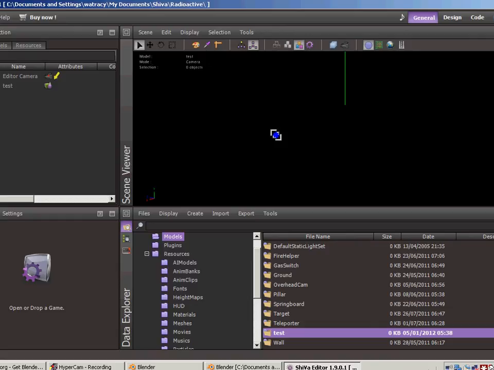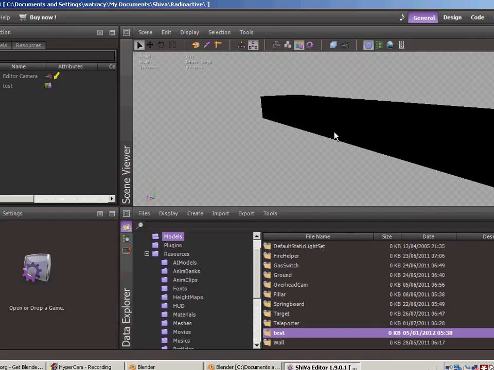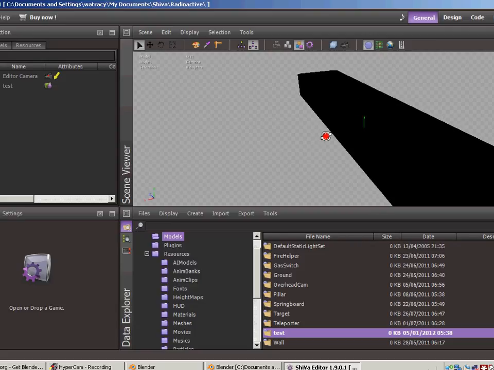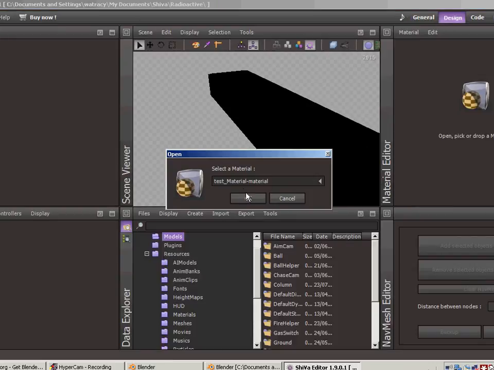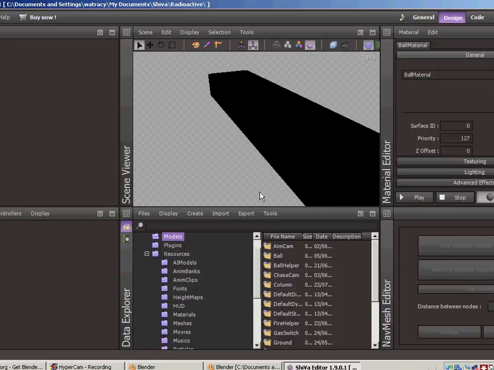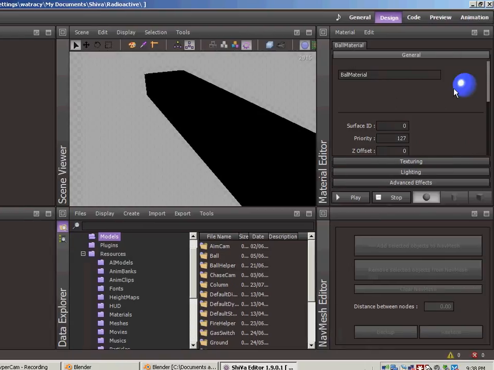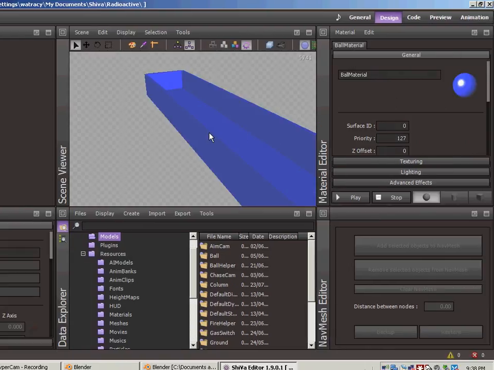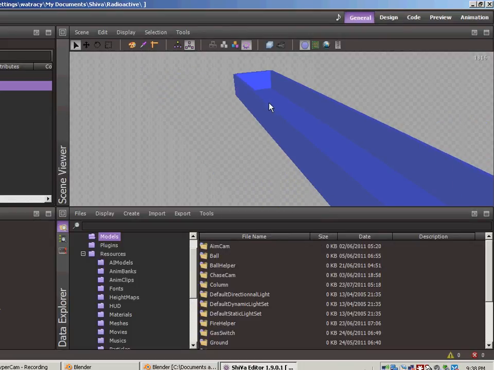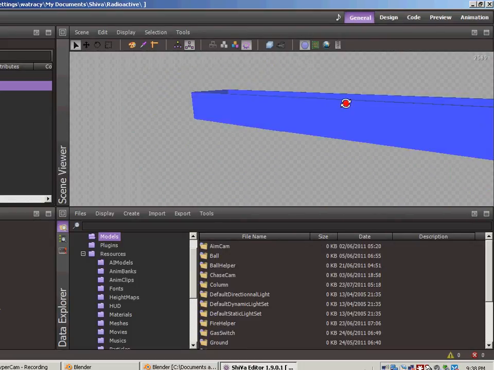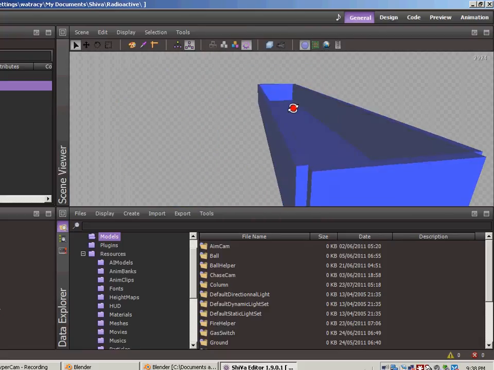So now if I come to my models, double click on test, and then zoom out pretty far, you can see that there it is. Now it's kind of black and everything. That's because we haven't applied a material to it. Actually, let's go over here and we'll just give it the ball material from before. You guys can't see that because it's off the screen. Drag and drop, and voila, you can see that we now have